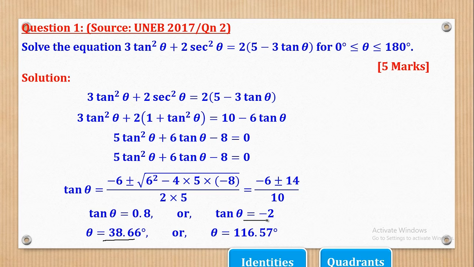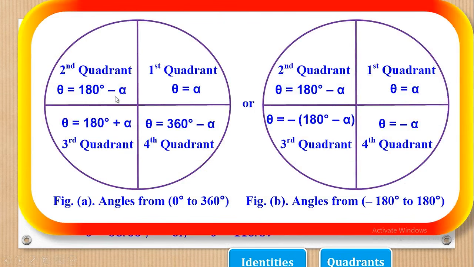But for this one, it is a negative, so you have to come here and remember that tan is negative in this second quadrant. So in this second quadrant, for you to get the required angle it will be 180 minus alpha, where alpha is the first quadrant angle. So if I get the calculator and I press arctan of 2, positive 2, because first quadrant angle is got by using magnitude, so arctan of positive 2 will give me